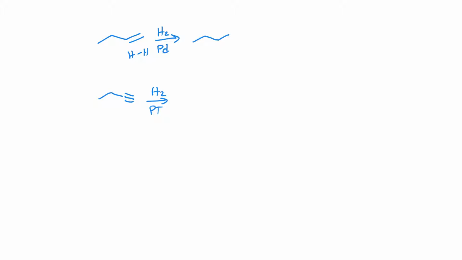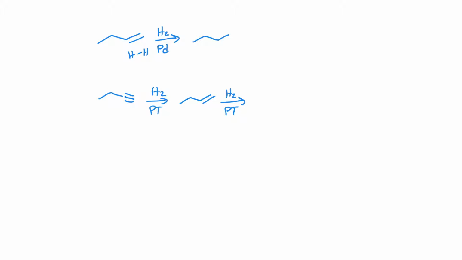It's a very expensive way to produce simple alkanes like butane, as I've shown here, but if we have a more complex molecule, we can certainly use this to basically reduce or eliminate our alkene. Well, the same thing will happen with an alkyne. We can use H2. The first step adds one equivalent of H2 across the alkyne, and typically